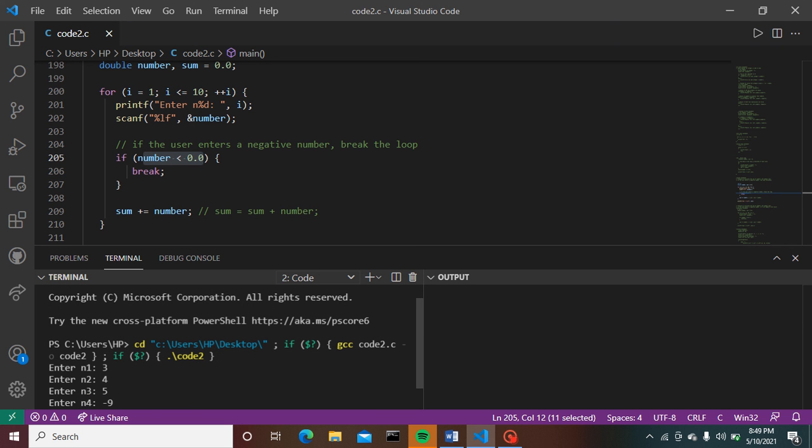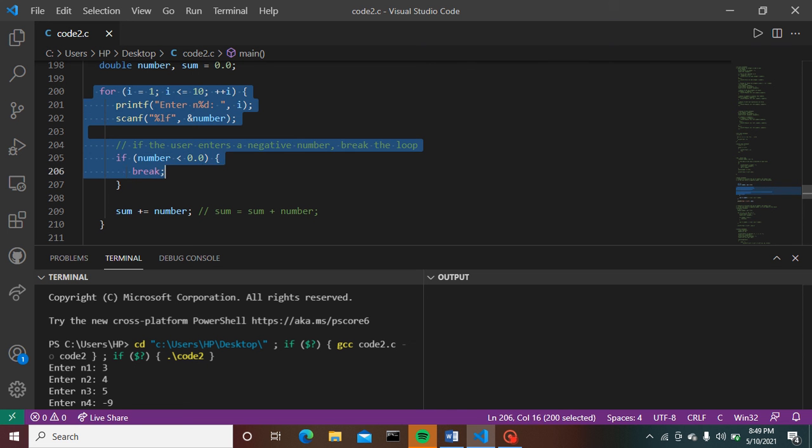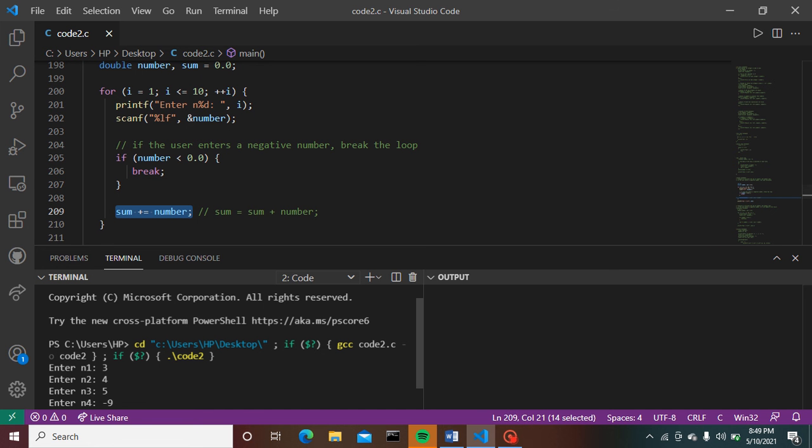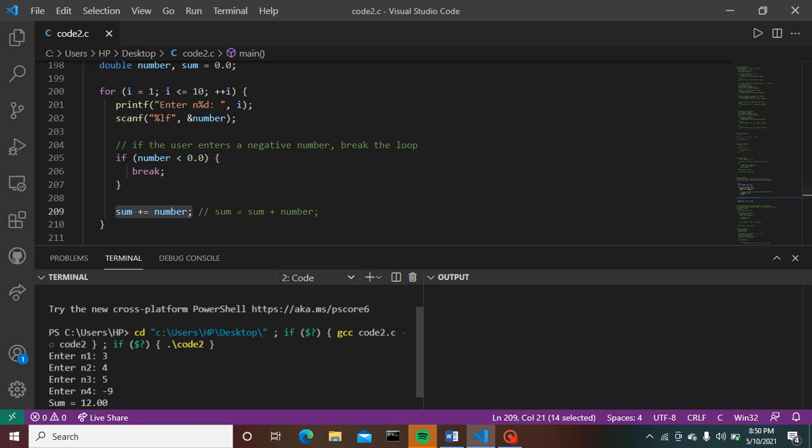Here it becomes true when I provide n4 as minus 9. This if statement becomes true and the whole loop terminates, as we have used the break statement here, and the sum of all the numbers we have entered is provided by the compiler. That's how this code runs.